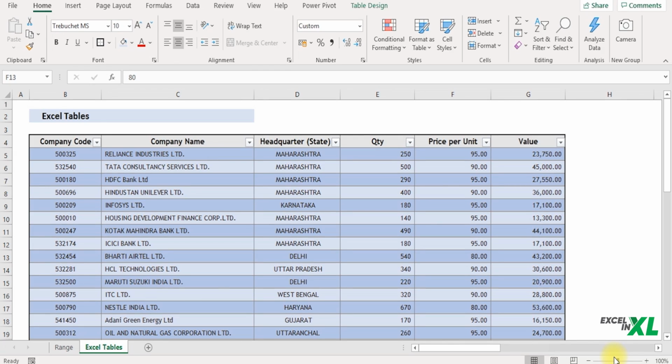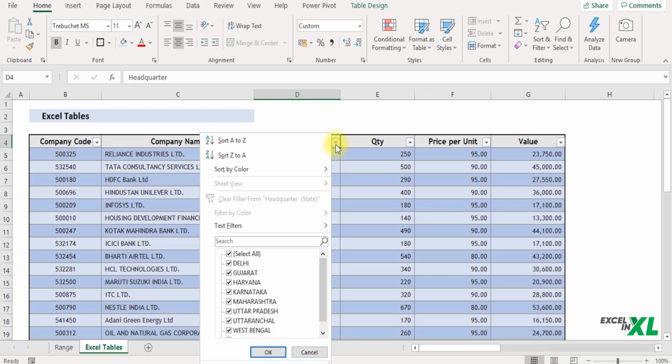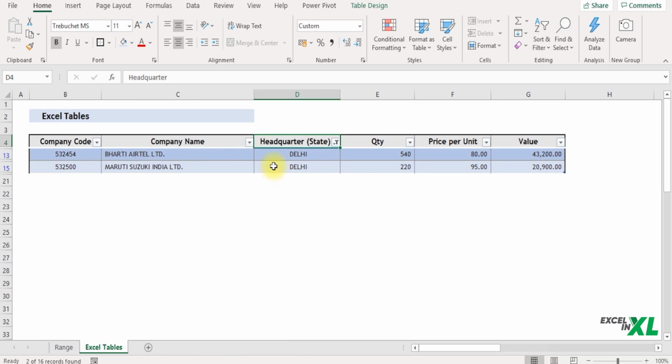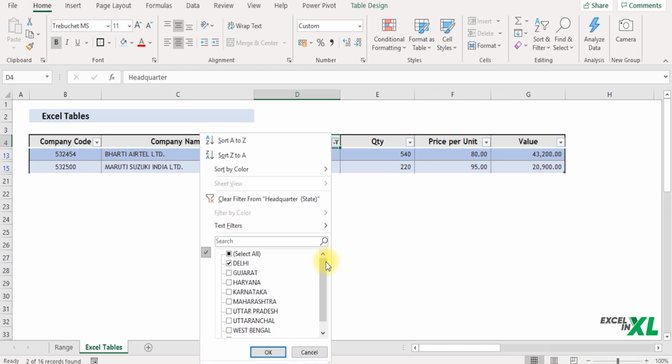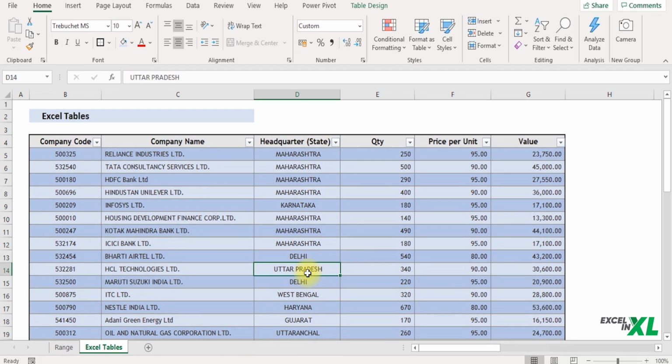Another amazing feature in Excel tables is the slicer. Slicers are visual filters. Let's say you have a drop down here for filtering. When you click on this, you get a lot of options to filter upon. Say I filter only the Delhi and click OK. It gives me the filtered options. But you do not know what other options are available. Every time you have to click on the drop down and check for the other options. So let me go back to the original data. To solve this problem, Excel has come up with an amazing option called slicers.